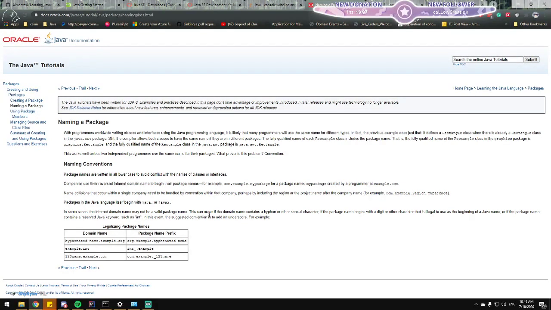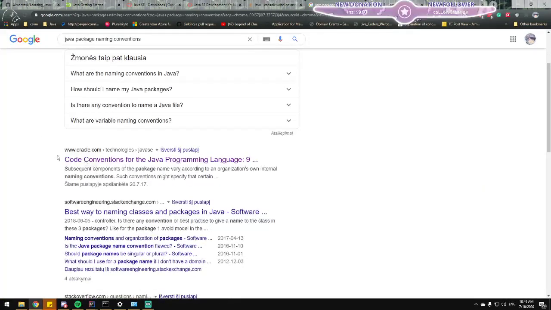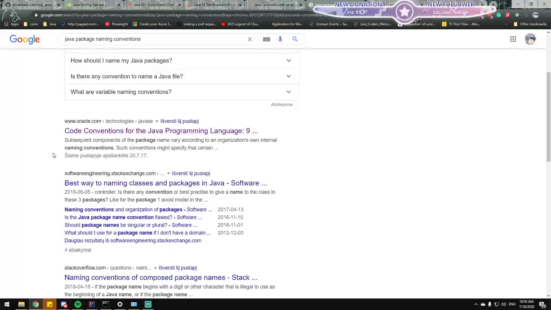In this event, it's suggested to add an underscore, for example 123.name.example.com, org. That's quite dated though, I imagine.